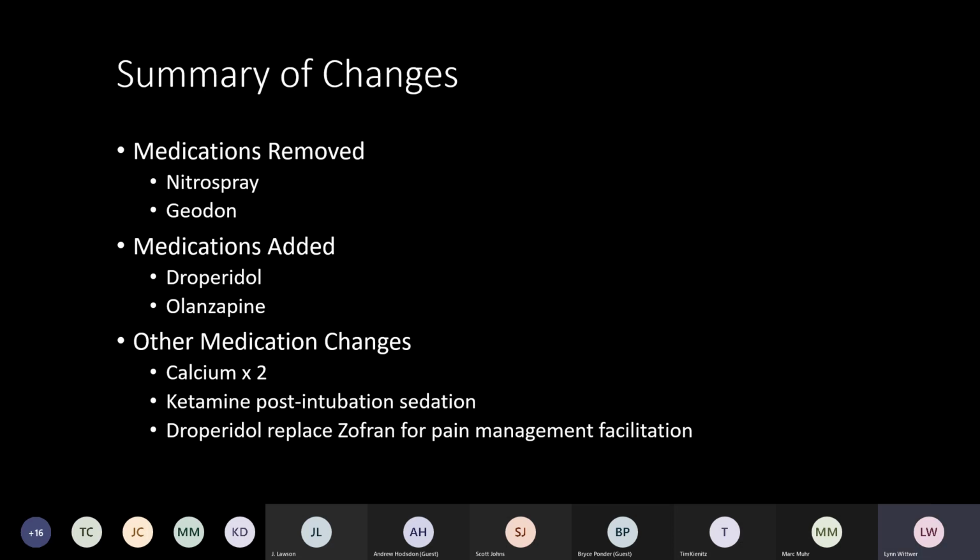Changes that we're going to talk about: we have removed a couple of medications, and we'll talk about why. Nitrospray, Geodon. We added a couple of medications, Peridol and olanzapine, and then some other medication changes: increasing the dosage of our calcium gluconate to about double what it was before, using ketamine again for post-intubation sedation, Peridol to replace Zofran for pain management facilitation,